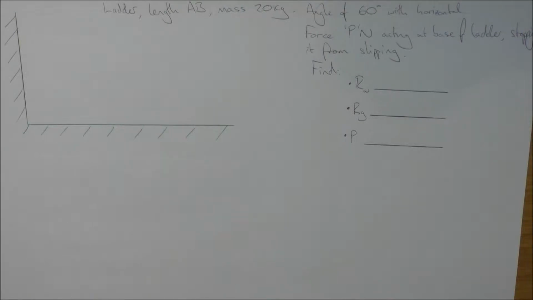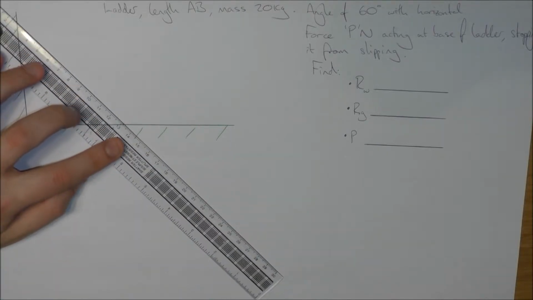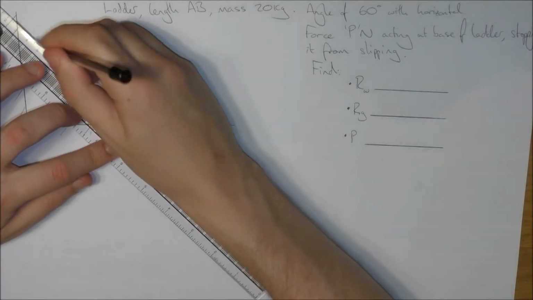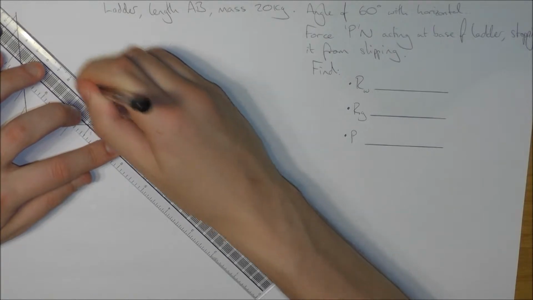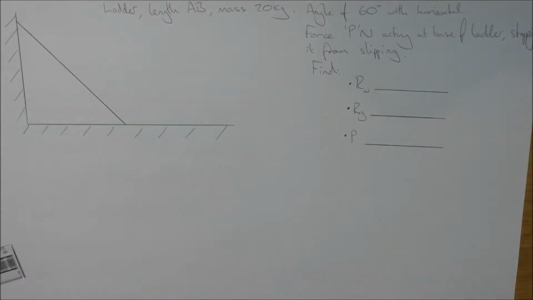This is a complicated moments question. It's about as complicated as you're going to be asked to solve. We are going to use moments and the principle of moments to find some of the forces on a body in equilibrium. So I'm told that I have a ladder of length AB resting on smooth horizontal ground against a